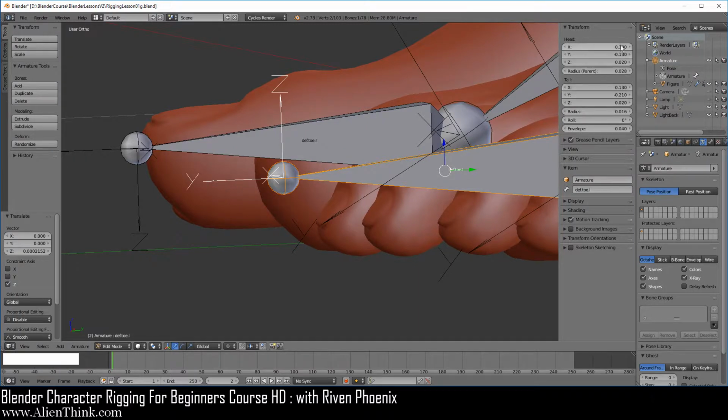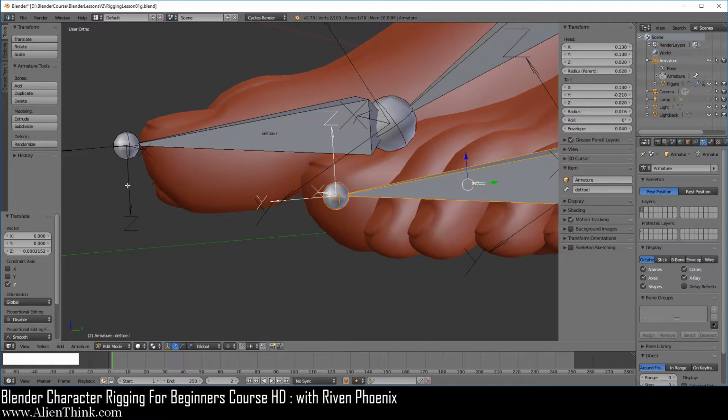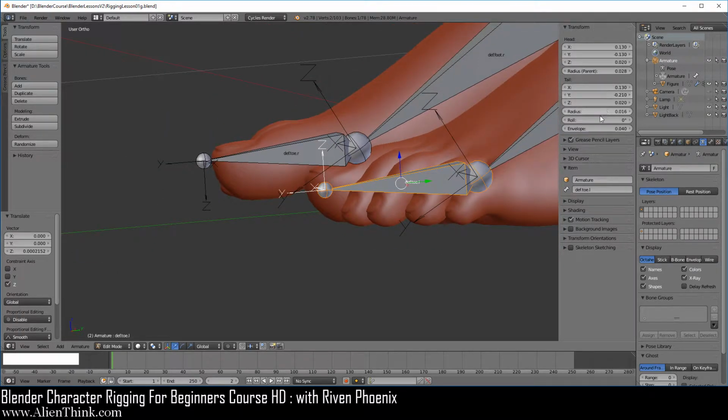Now notice that when you are messing around with the numbers over here, the mirrored bone is not behaving correctly. So this means that if you come in here and mess around with these numbers, you need to make sure that you click on this bone without moving your mouse, press the G key and press the enter key to make sure that that bone takes the settings so it's mirrored correctly. Okay, so why is this behaving this way is basically the question.